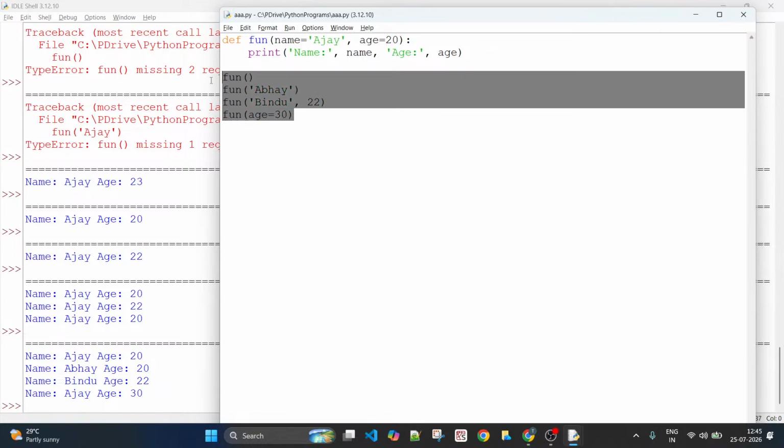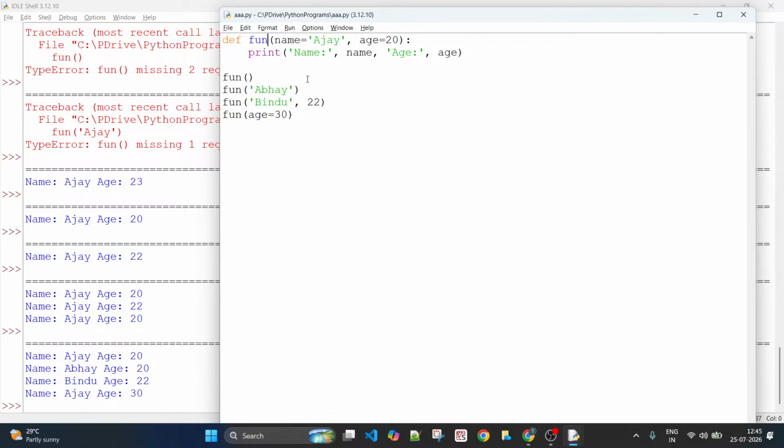So these are different possible ways to call the same function, right? Four different possible ways to call this function when both its arguments are default arguments. And there is one more, if you want, but again it is not of any use.